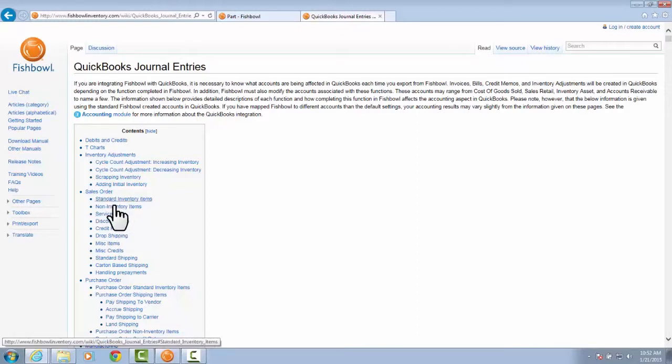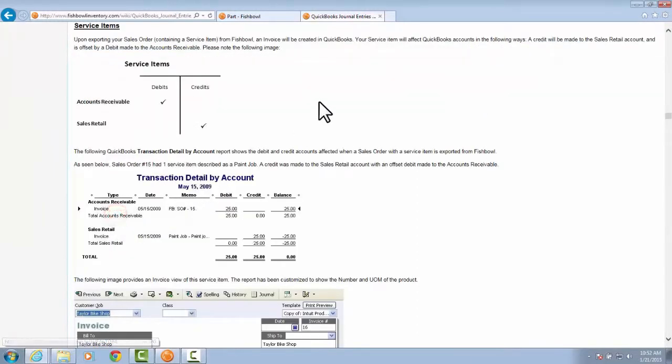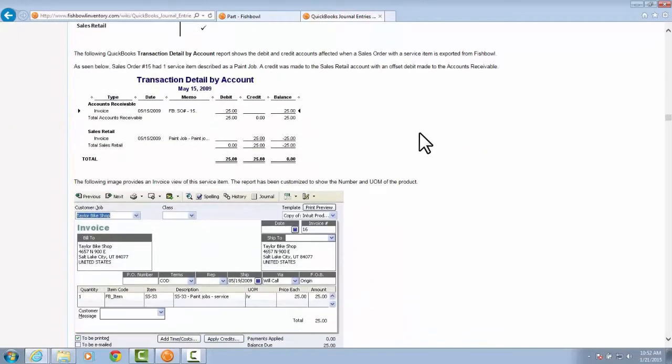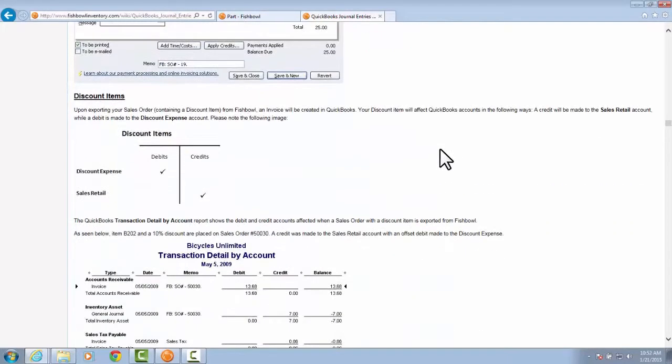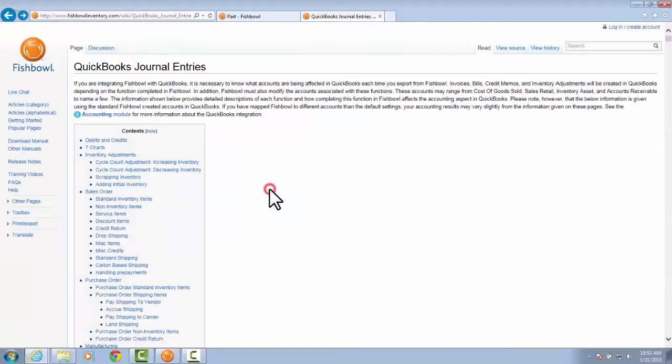So I come down here under sales order and click service item, and it's going to show me the T chart and then the transaction detail by account, and then how it's going to show on the invoice. Same with discount items and anything else listed on here. So this is a great place to check on how exactly Fishbowl is going to be hitting QuickBooks for any given function that you do in Fishbowl. The last one I want to go over